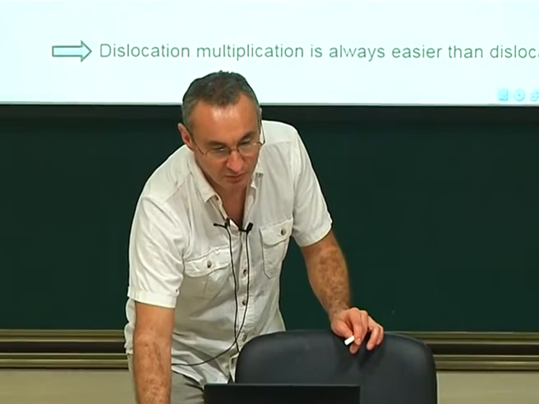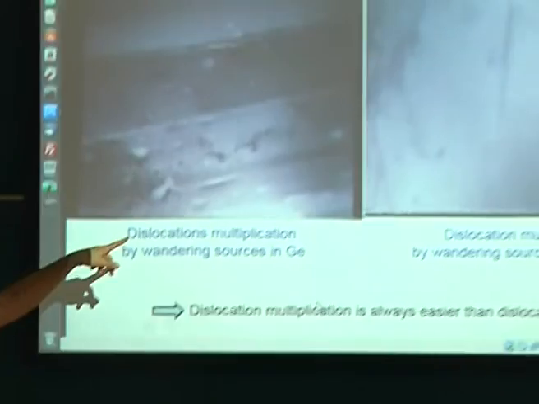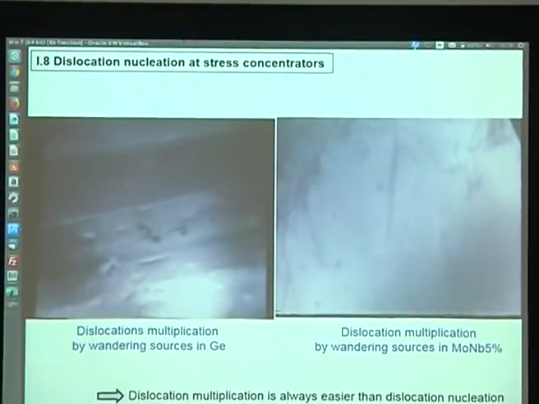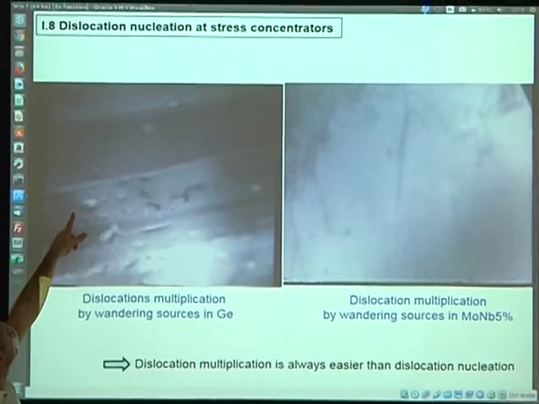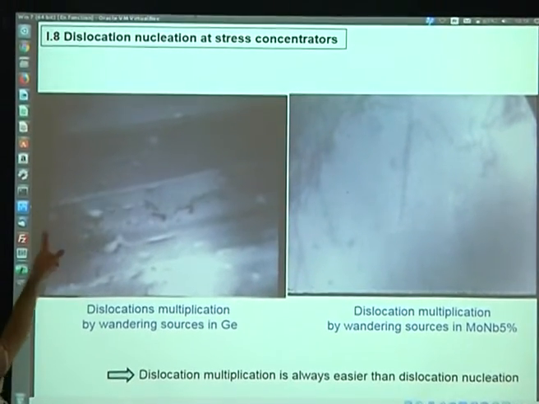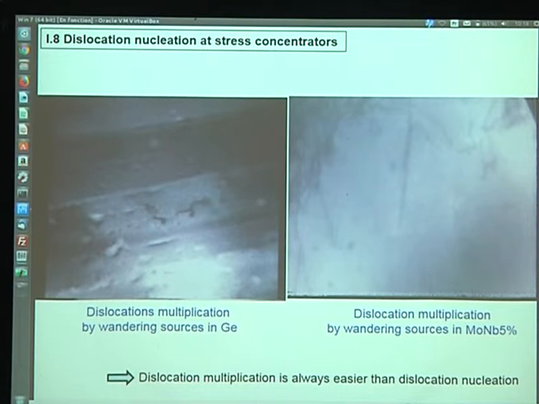And here I will show you some TEM in situ to illustrate that. You can see how one single dislocation source can emit so many lines and loops, so that they can pile up. Here typically you have pile-ups also. You can see the dislocation pile-ups, so that they can move further. We call it a train of dislocations. So you have a huge amount of dislocations multiplied here.